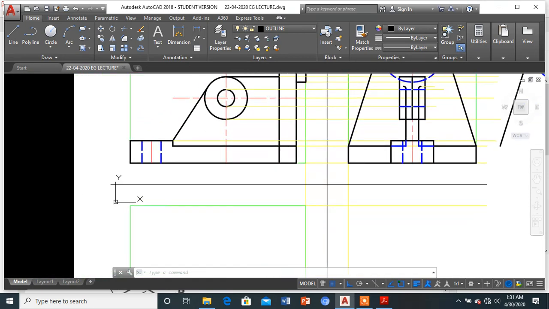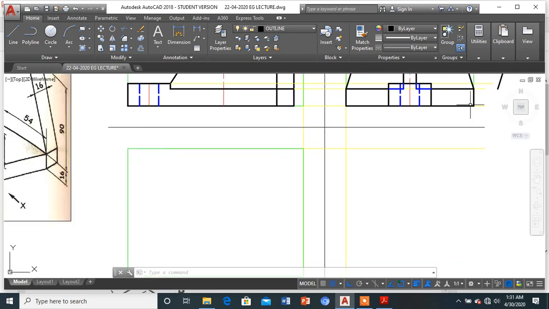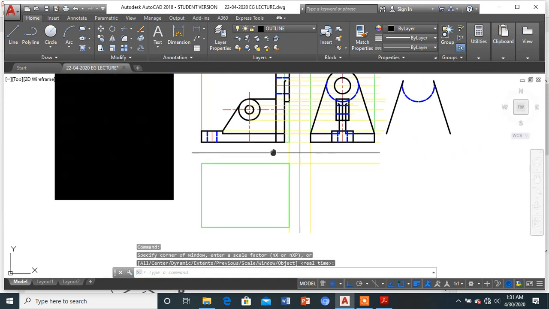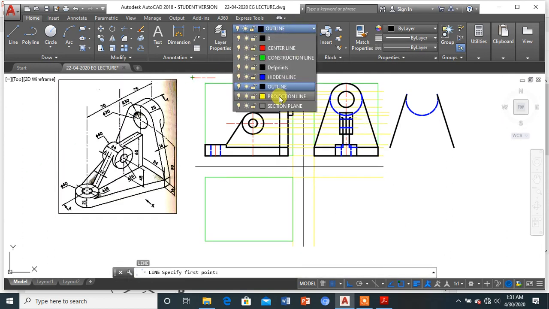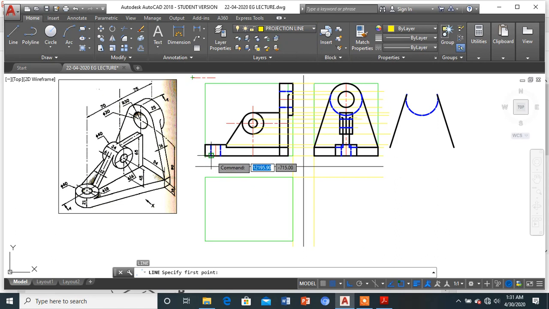Okay. So let's proceed further for the top view. I'll be simply taking the projections one by one from the front view for the top view. All the projections will be taken one by one for the top view.